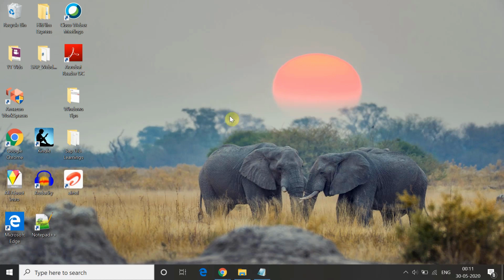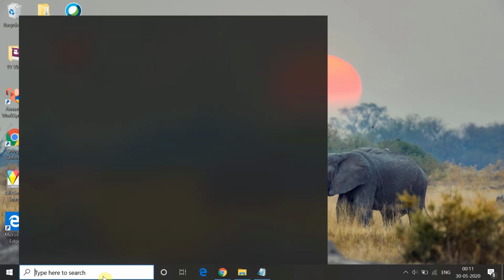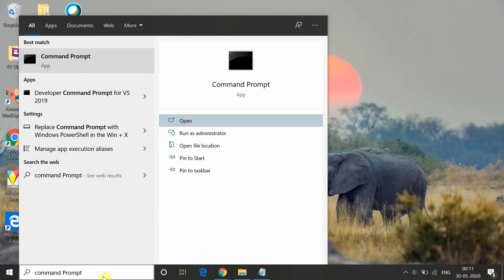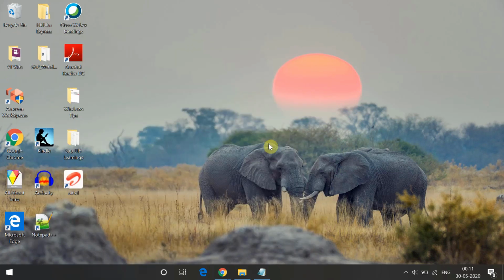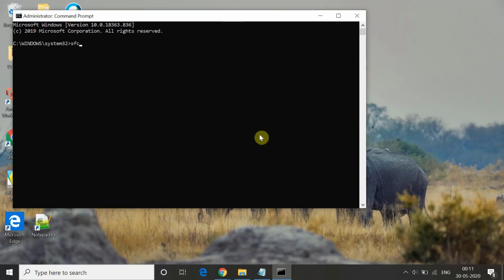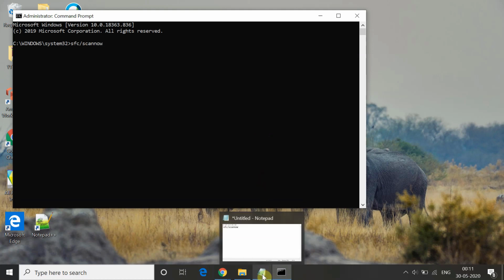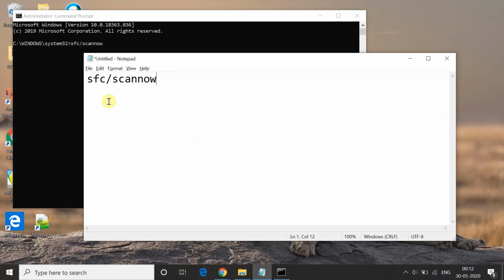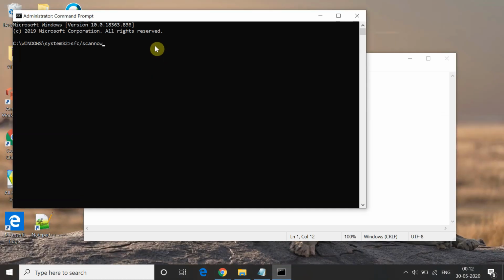So the final and the last method is the use of the SFC and DISM Windows utilities to remove the corrupt files. For that, open the command prompt and run it as administrator. Once you open the command prompt, you have to type this command: sfc /scannow. This command will scan your system and search for any corrupt files in your system. I have also put this command in the description. This will start the system scan. Wait till the scan is going on. This scan will take a little while.